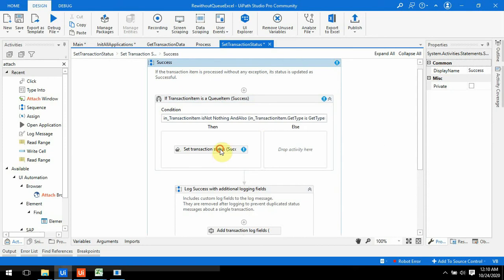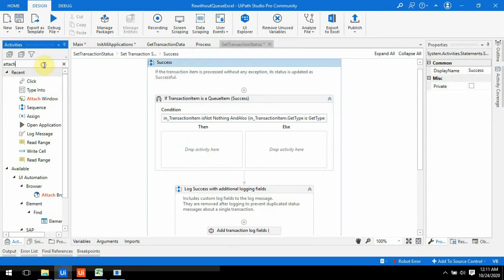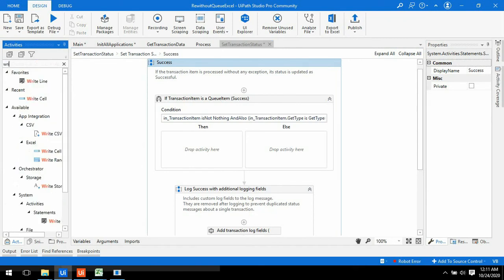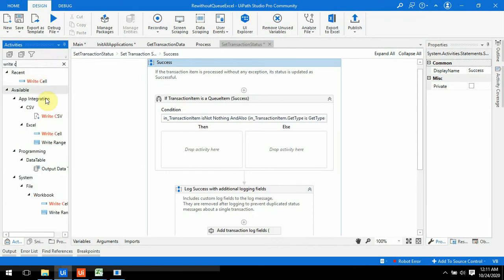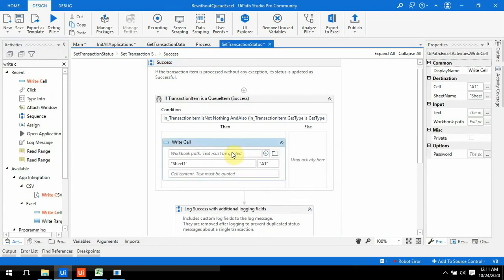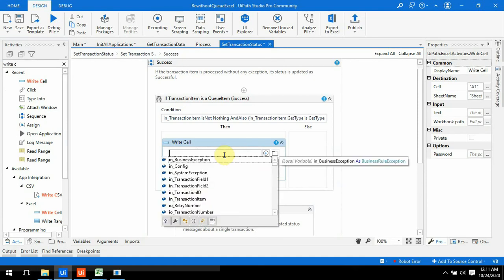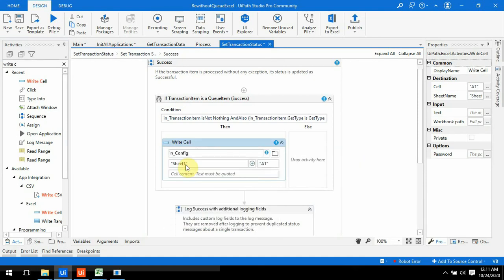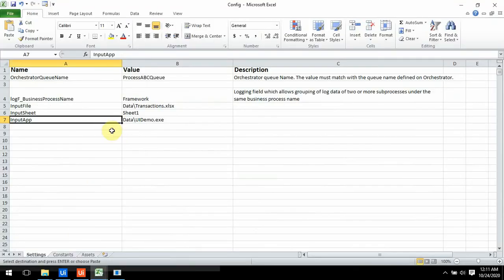And in place of set transaction status, just delete that and take one Write Cell or Write Range workbook activity. You should check the workbook activity and give the path where we should write the status. We already have the Excel file, and for the name of the sheet, again we have to check our config file.